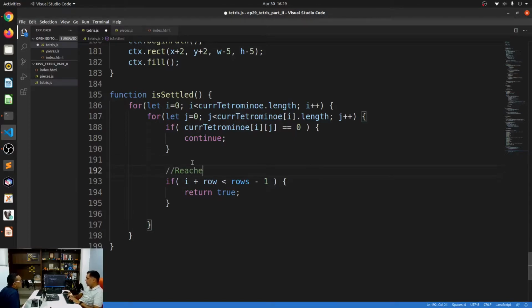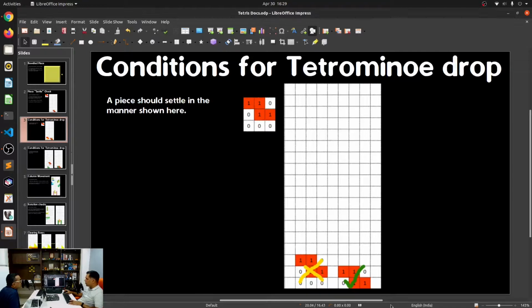All right. Or it is settled if it is on top of another settled piece. And how do we do that? Going back to the presentation over here, remember this condition?